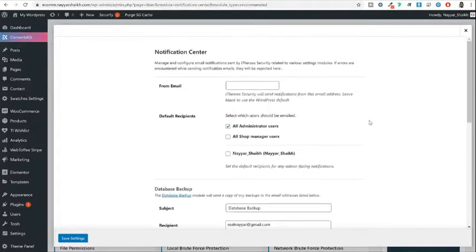Now what this will do is, if you enable this, which in this case is enabled, whenever there is something on your website, this will send notifications to you. And as you can see, if you have multiple administrators, you can select who will receive this notification. If you just select all administrators, all the administrators will receive these notifications,